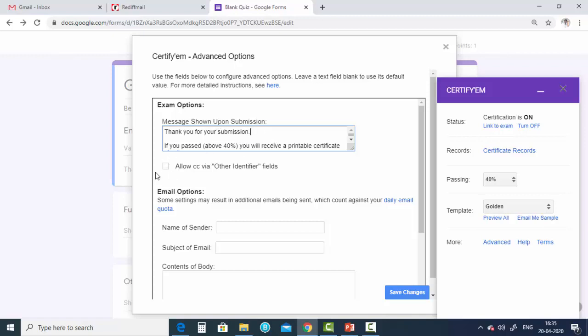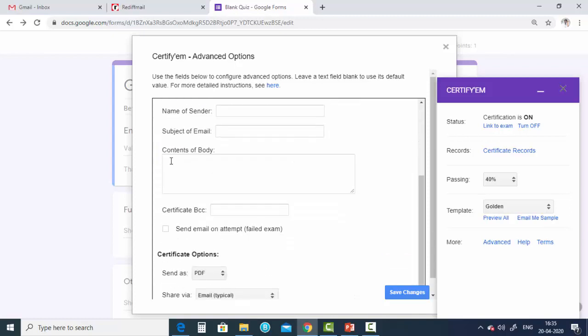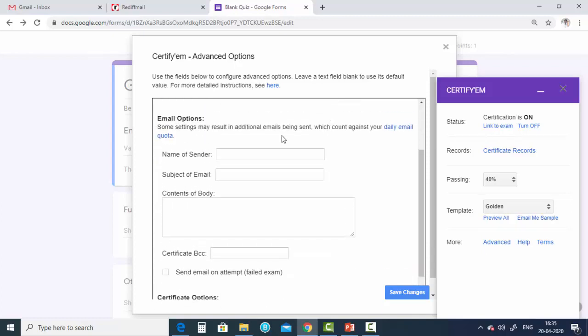Then after that, the email option means once the student has submitted the response, if he gets above 40% marks, then he automatically gets the certificate, and it is sent automatically from the email ID we have for the Google Form login. So directly it will get the certificate. In that, for the name of the sender, we have to put our college name.